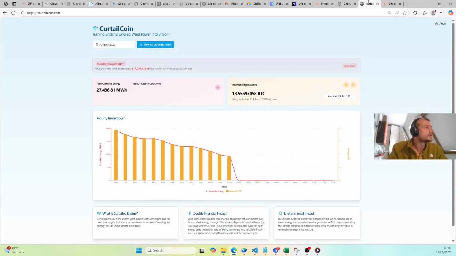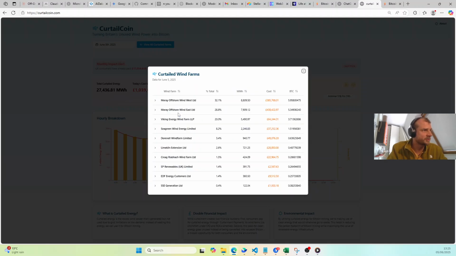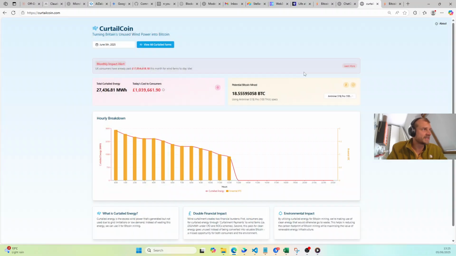The second tool is the Curtail coin, which is specifically about Britain and the curtailed wind power of Great Britain. What we do is track on a daily basis the amount of power which wind farms have been told to waste across the UK. We are listing those farms specifically, and the amounts of their curtailment and how much money they received for wasting